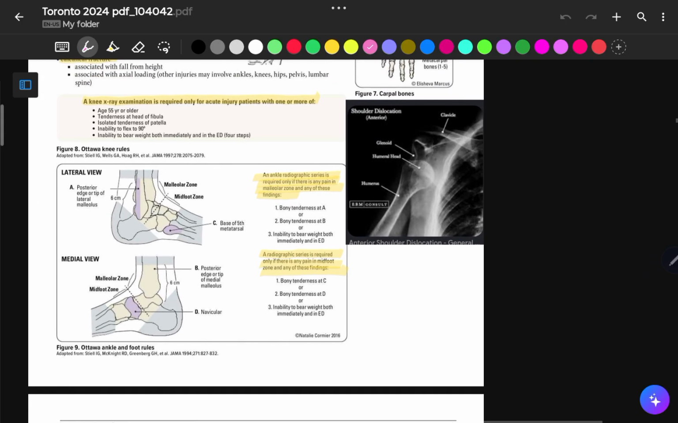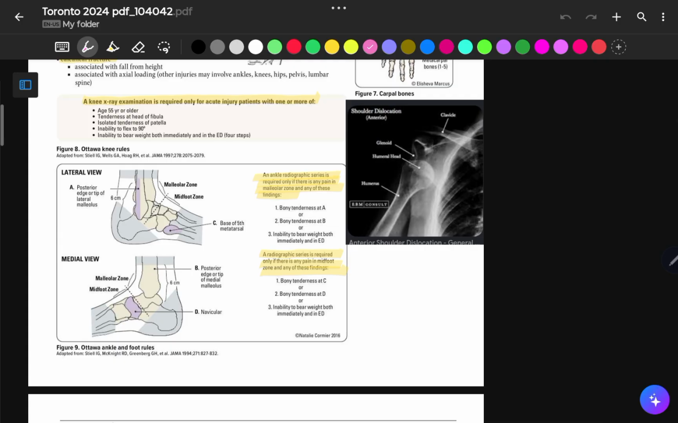So you do an ankle radiography series only if there is any pain in the malleolar zone with any of these findings. Number one, A: if the patient has pain on the posterior edge or tip of the lateral malleolus, then you can do your ankle X-ray. Or B: if they have pain on the posterior edge or tip of the medial malleolus,